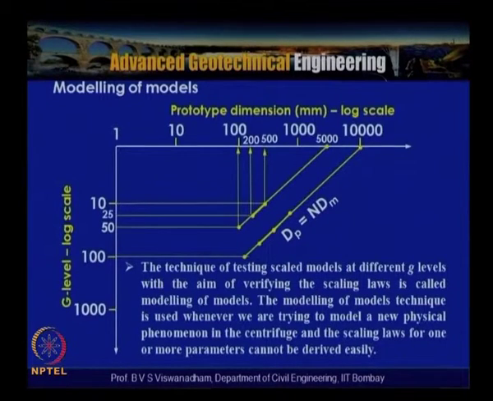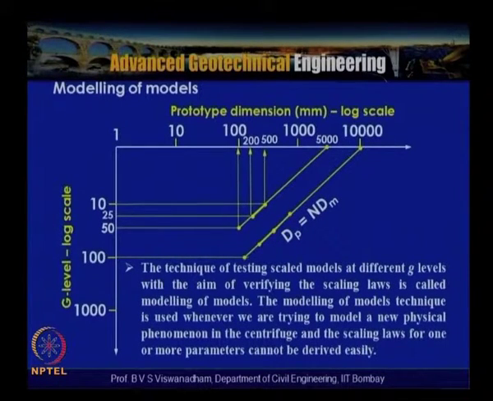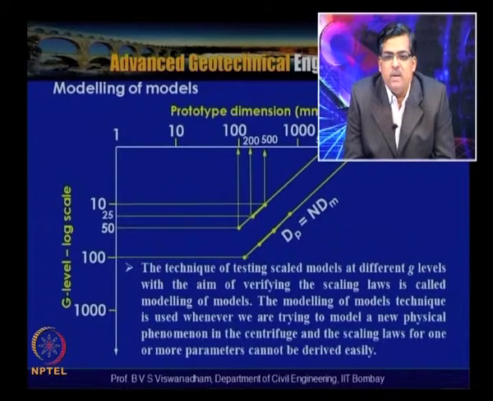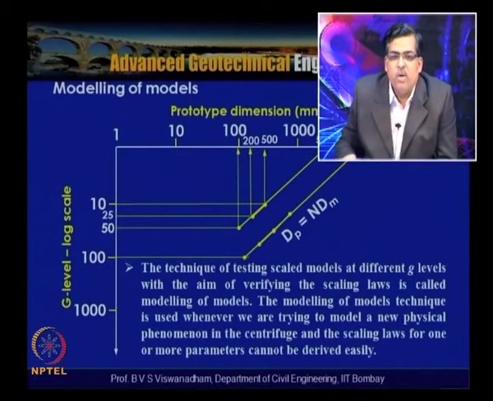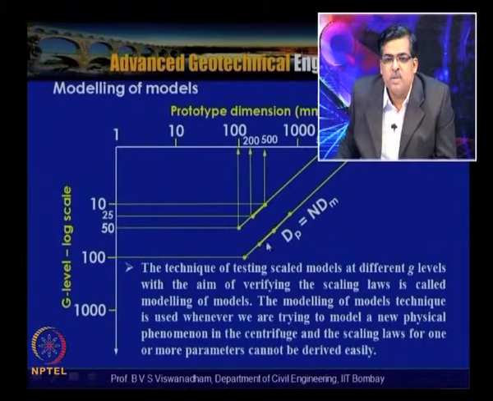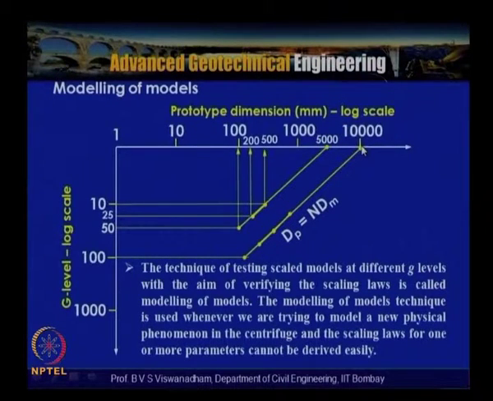So, this is applied when we try to test a model of a new phenomenon in the centrifuge, and the scaling laws for one or more parameters could not be derived easily. If you have a prototype of, say, 10 meter dimensions, we can have different models at different gravities, so that all these models represent the prototype projected here at 1G. Similarly, when you have a particular prototype of 5000 unit size, we also have 3 different models